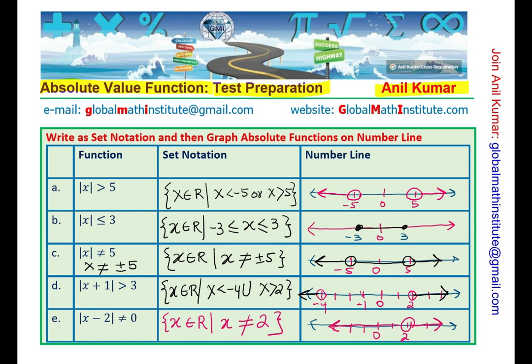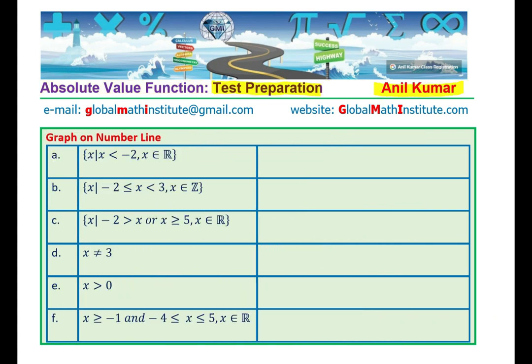So these are the type of examination questions which you see, and they are slightly difficult to answer. The question here is to graph on a number line the following 6 set conditions. X such that x is less than minus 2, where x belongs to real numbers. X such that x is between minus 2, where minus 2 is included, and less than 3, x belongs to